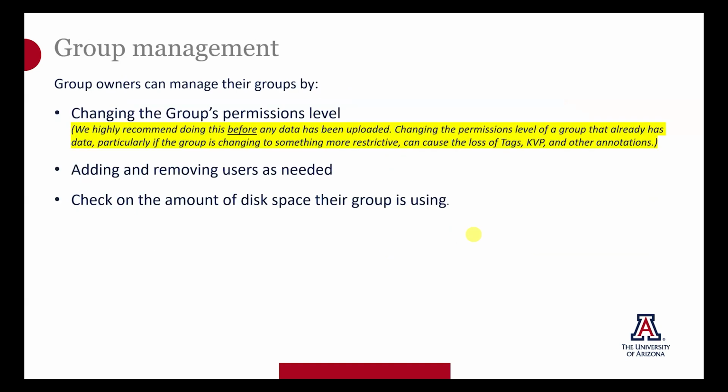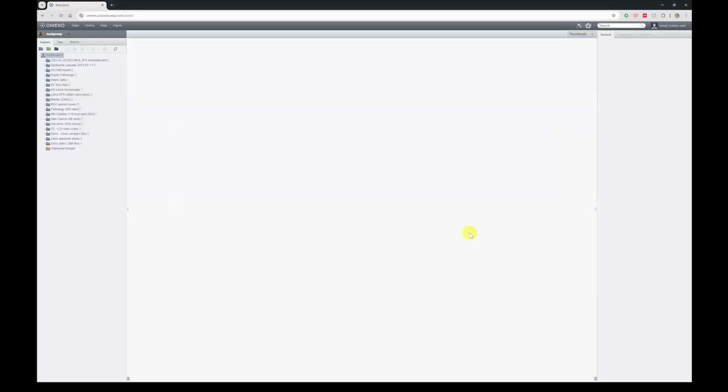A couple of other things. A reminder that group owners can change the permission level. And again, we recommend doing this before data has been uploaded, because changing the permissions level after the fact is more likely to cause loss of tags, key value pairs, and other annotations. You can add and remove users as needed, and you can also check on the amount of disk space your group is using. So in this case,